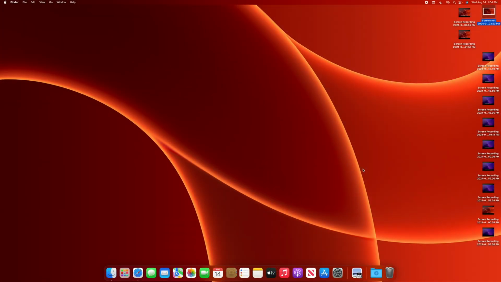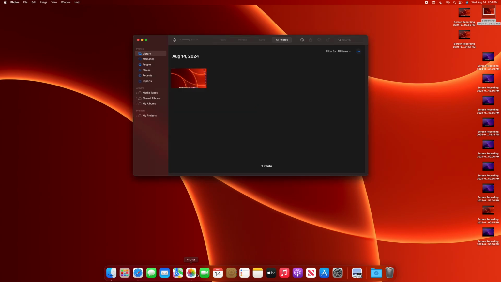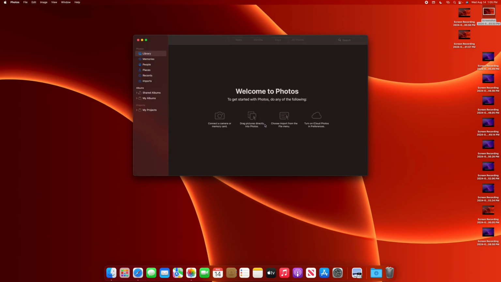Hide photos in gallery. Go to the Photos app, and then you can choose a photo you want to hide and click on it with two fingers to reveal this context menu. You can click on Hide One Photo, Hide, and now it's